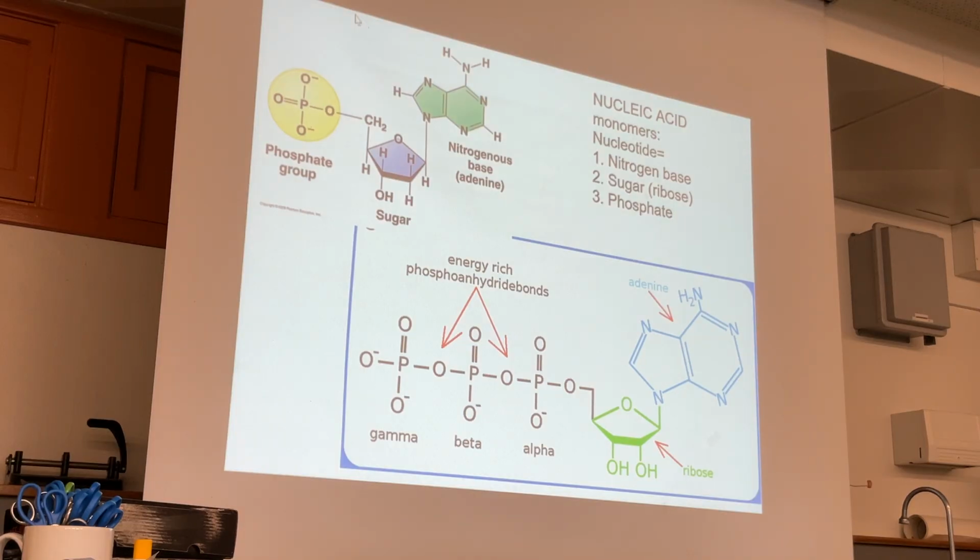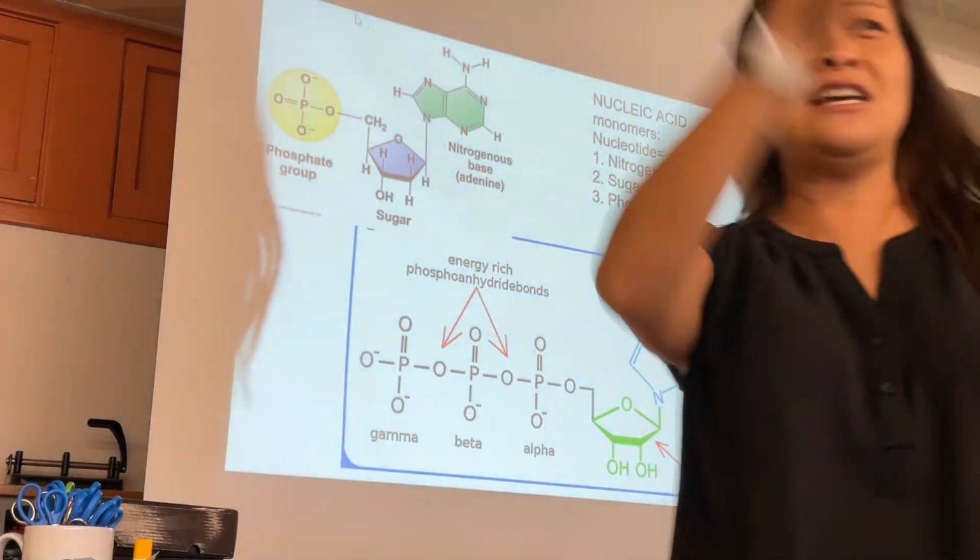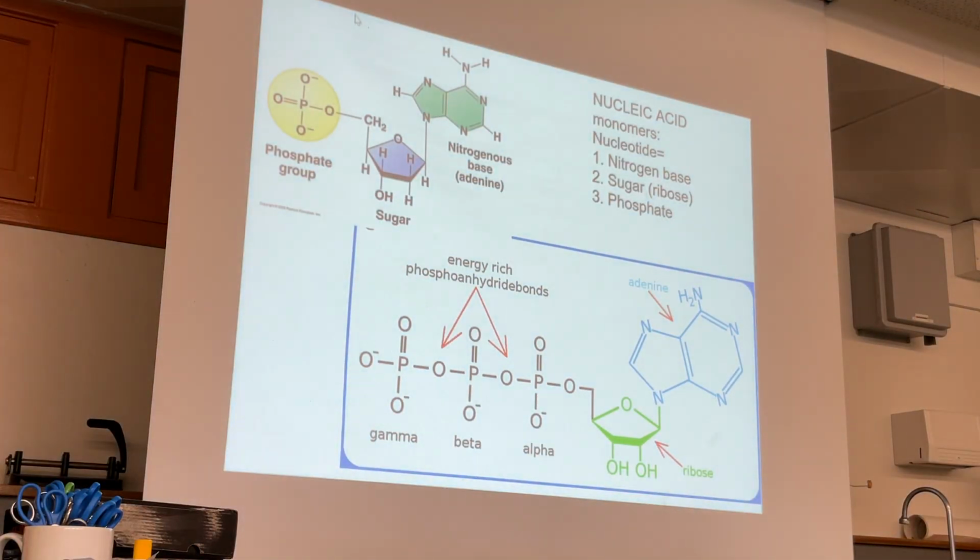So A, G, C, and T. And these 4 bases, you could take one, this is an A, but imagine it connects to a T and another one, a G and another one, a C, A, G, C, T, A, G, C, A, G,